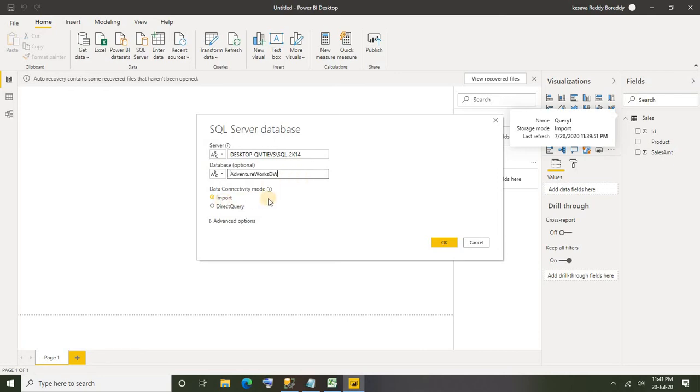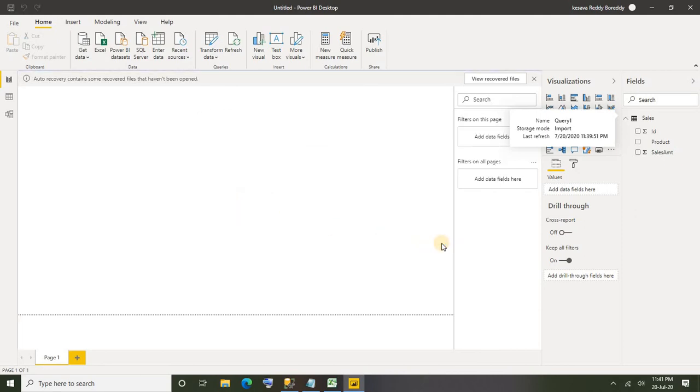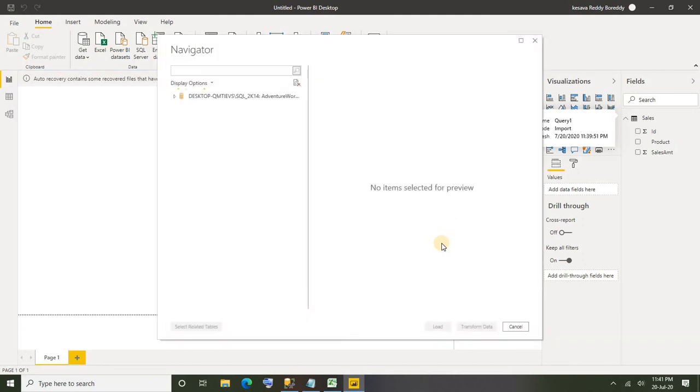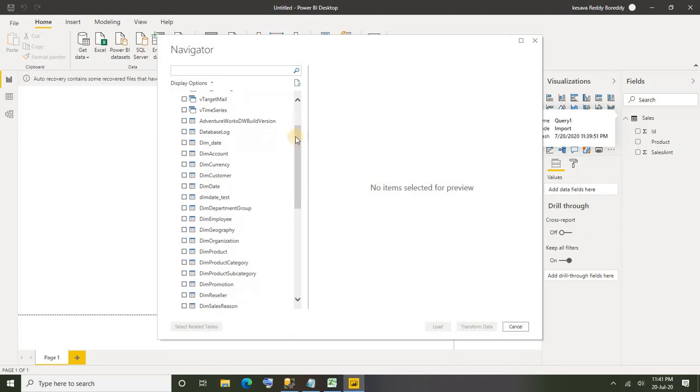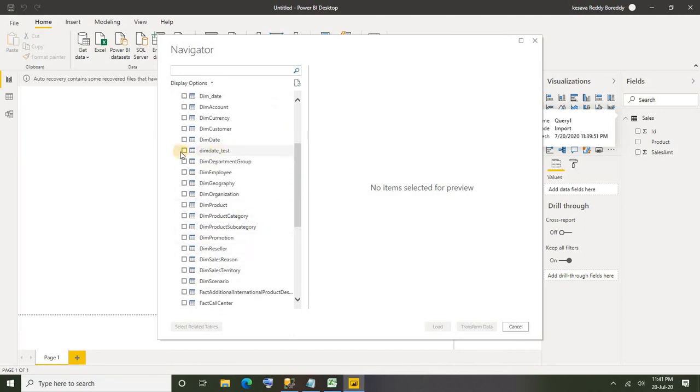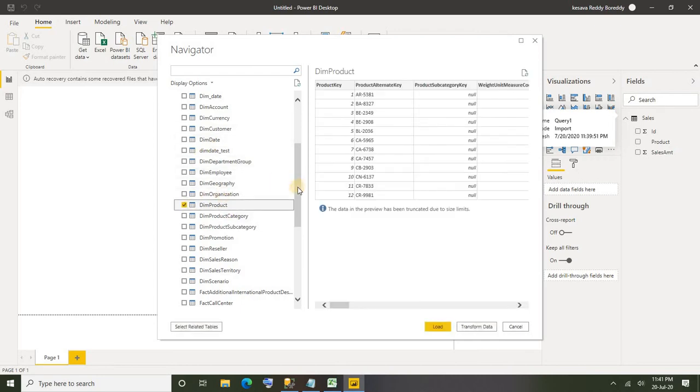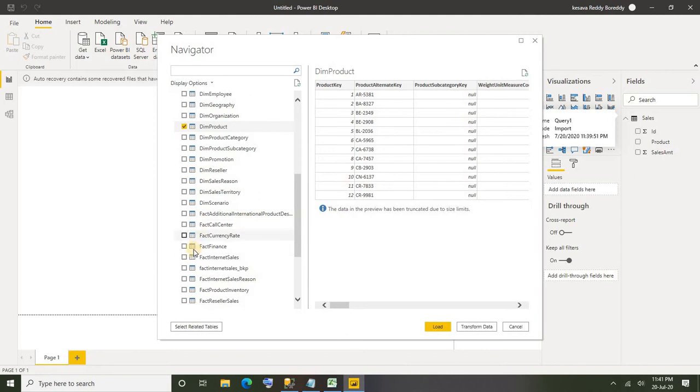I've got nothing to do, the import option is already selected, just say okay. Data will be loaded into your Power BI. Now let's select the tables that you want to import into your Power BI. Let me go for dim product and also fact internet sales.